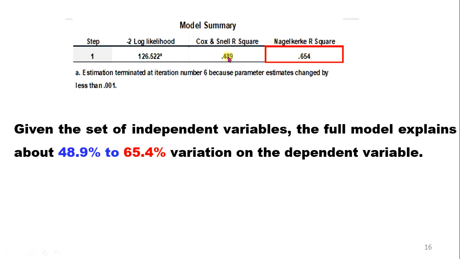ይሄ ሞዴል ሰመሪ ሁለት የላይክሊሁድ ፕሪዲክሽንን ተጠቅመን እነዚህ ሁለቱን ቴብሎች እናያለን። ኦኬ፣ ኮክስ ኤንድ ስኔል R square, ናግልከርክ R square እንለዋለን። ይሄ ምን እንደማለት ነው: it is equivalent to adjusted R square of multiple regression OLS ላይ ስናይ ማለት ነው። እነዚህ ኢንዲፔንደንት ቫሪያብሎች together, how much they are predicting the dependent variable የሚለው ነው። ስለዚህ given the set of independent variables the full model explains about 48.9, up to 65% of the variation of the dependent variable ነው ማለት ነው። ስለዚህ all these independent variables together ዲፔንደንት ቫሪያብላችንን predict እንድናደርግ 65.4% ይጠቅሙናል እንደማለት ነው።